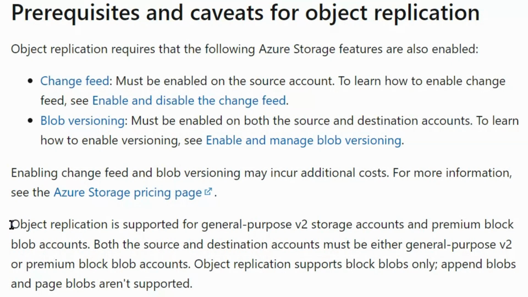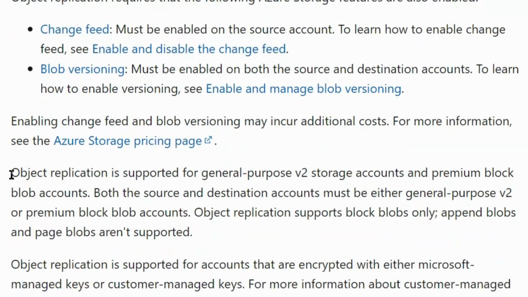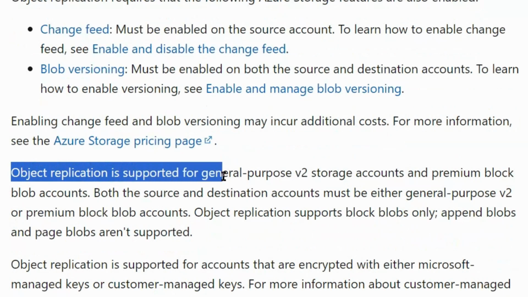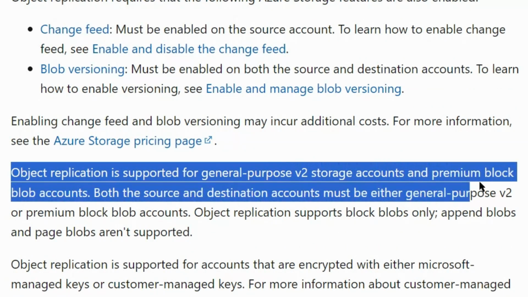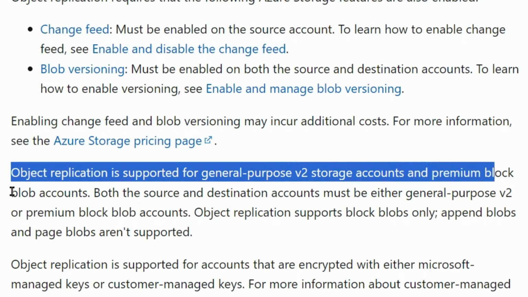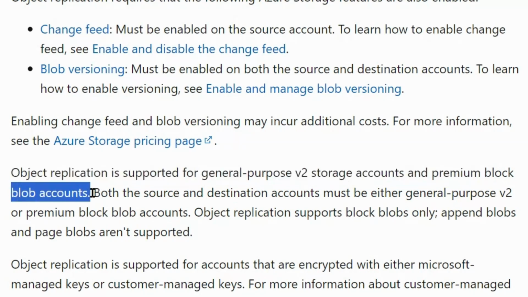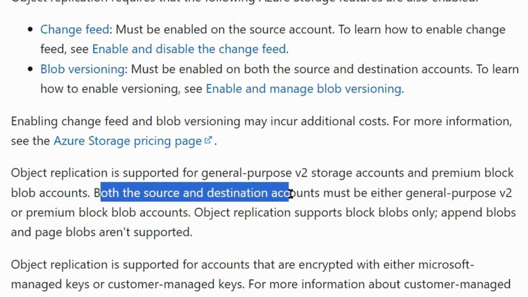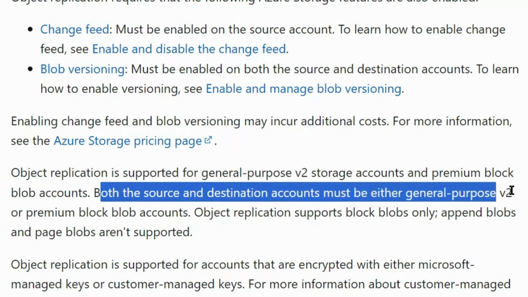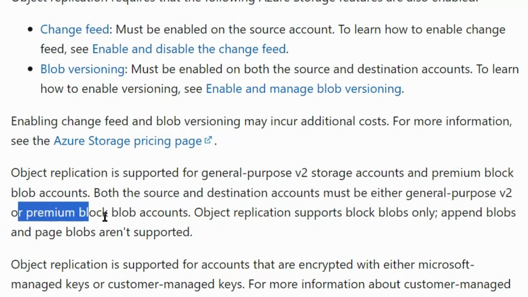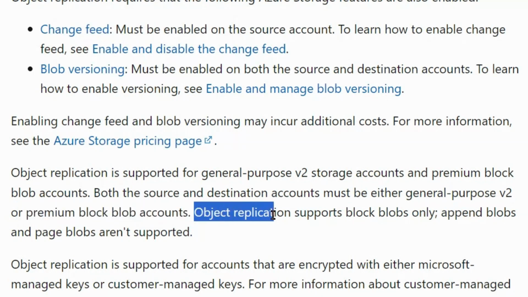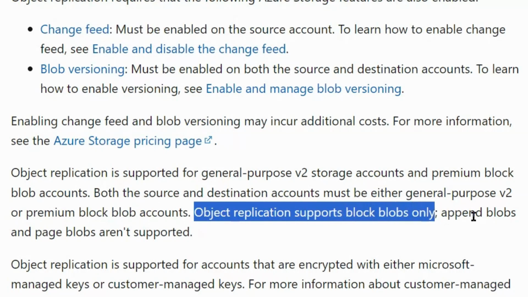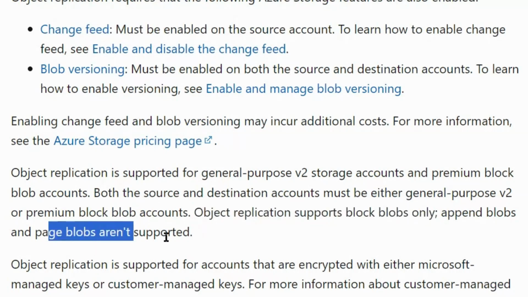And here if you see, the object replication is supported for general purpose V2 storage accounts and premium block blob accounts. Both the source and destination accounts must be either general purpose V2 or premium block blob accounts. Further, object replication supports block blobs only. Append blobs and page blobs aren't supported.